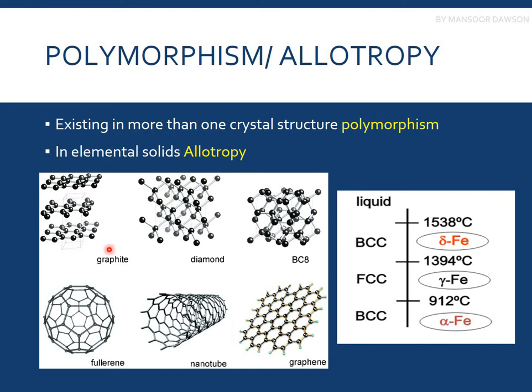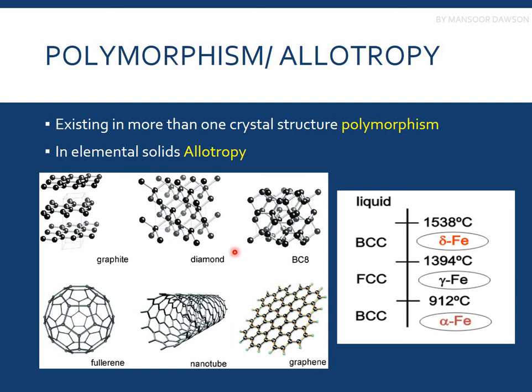You can see over here that is graphite, the arrangement of a graphite, the arrangement of a diamond which is tetragonal, and the BC8 which is trigonal, I guess. Then we have fullerene, which has 60 atoms. Then we have carbon nanotubes, these hexagons, and we have graphene. Basically, only a single layer of graphite is called graphene, which is basically in one dimension as well, you can call it. So here you have different